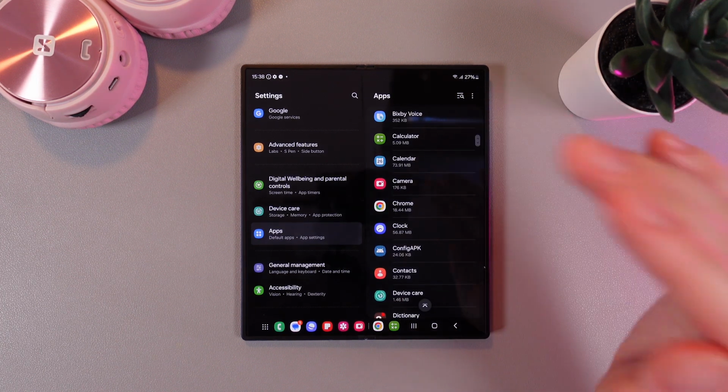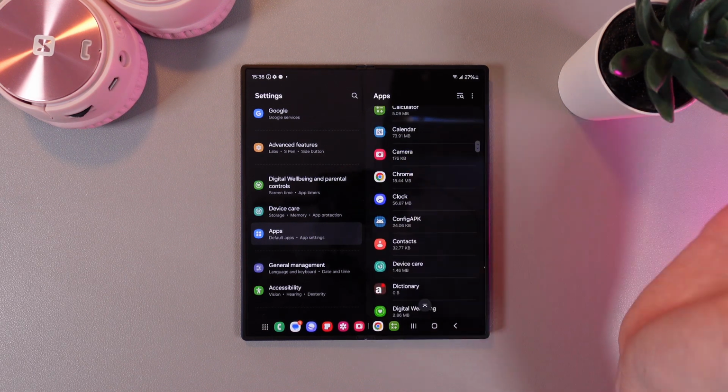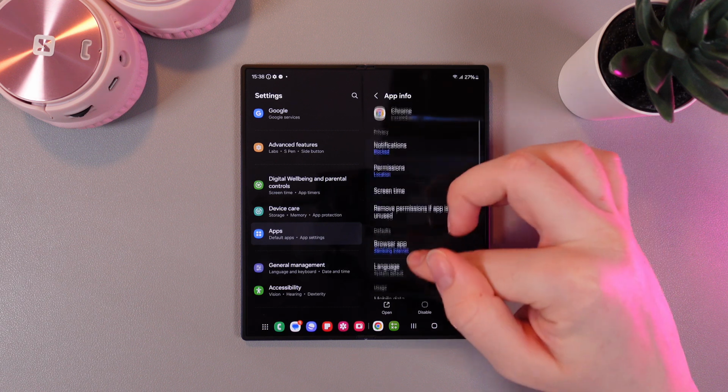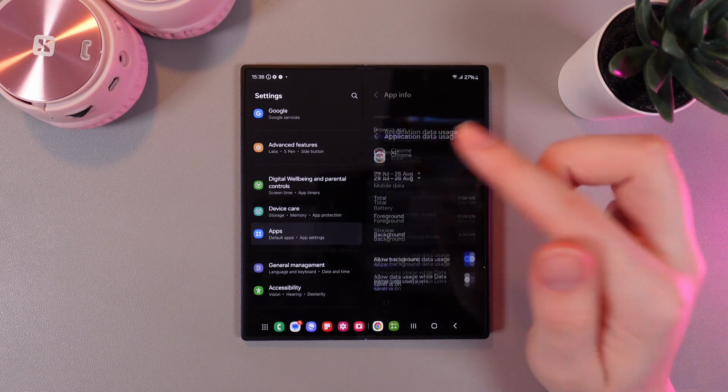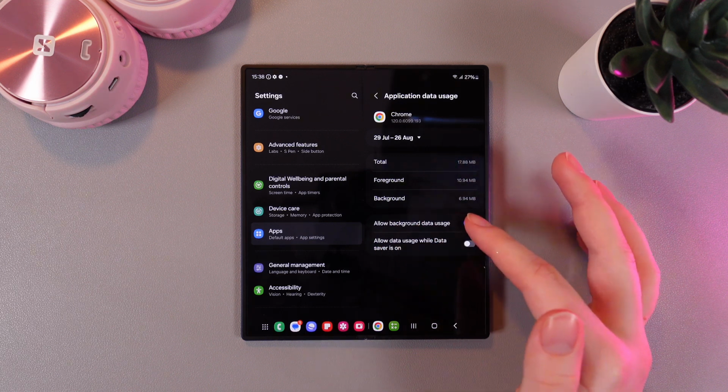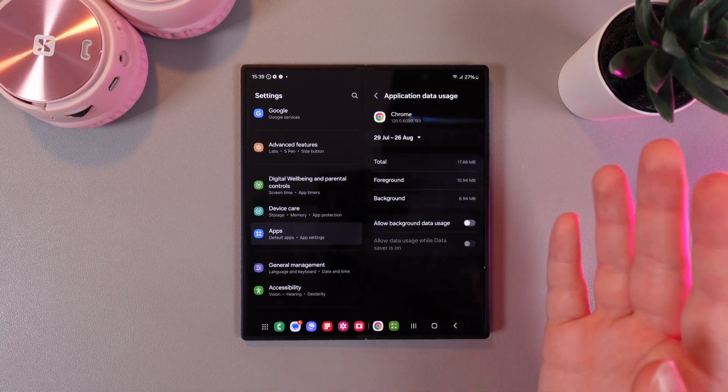For example, it can be all of the social media or internet browsers. I will choose Chrome, and right here we need to go to usage and mobile data. On the mobile data, disable this function, allow background data usage, and it will save a lot of your mobile